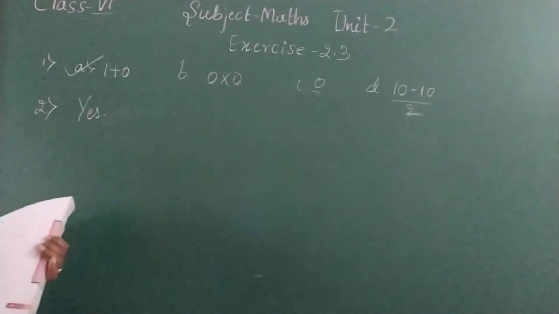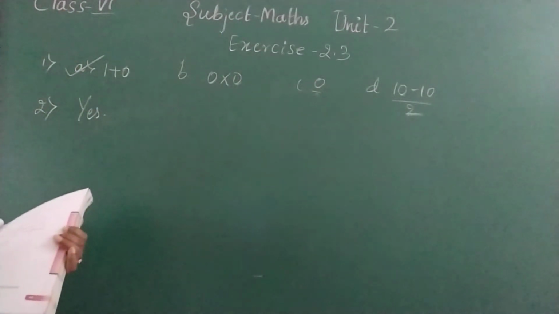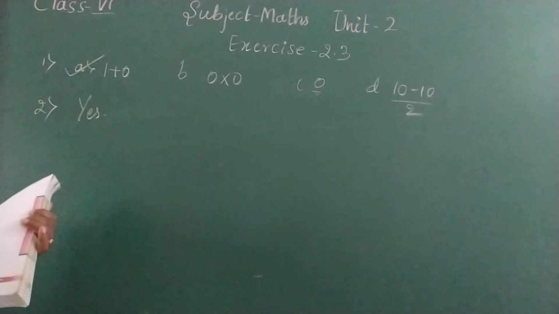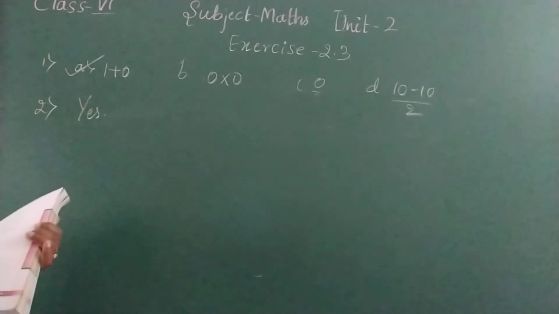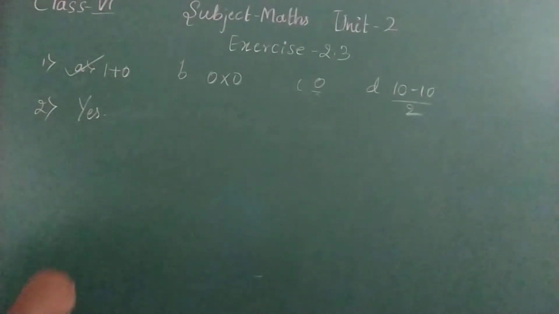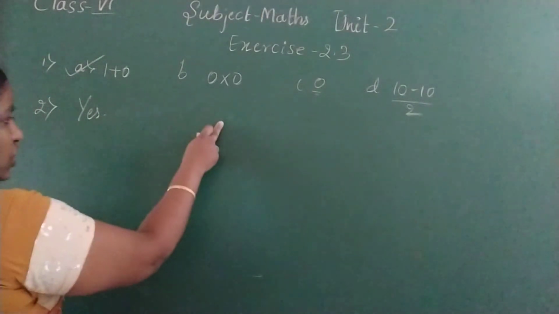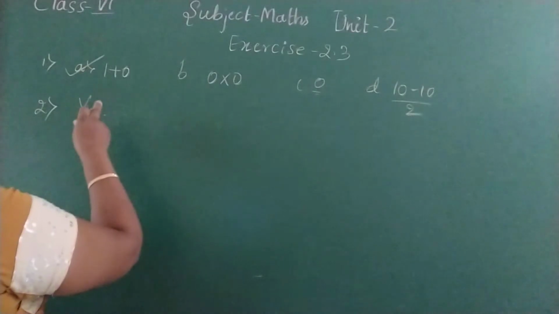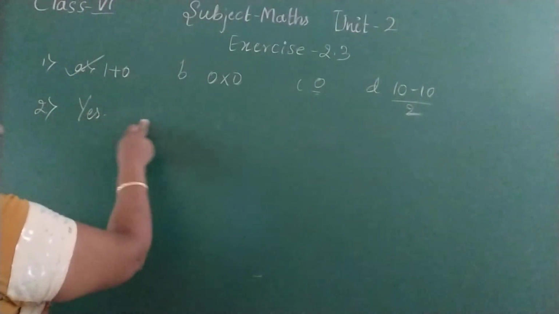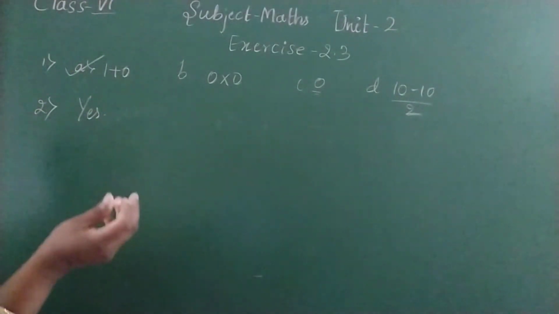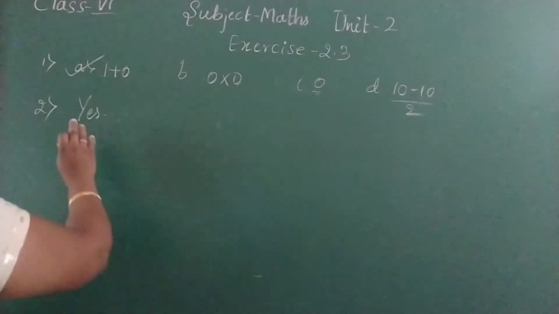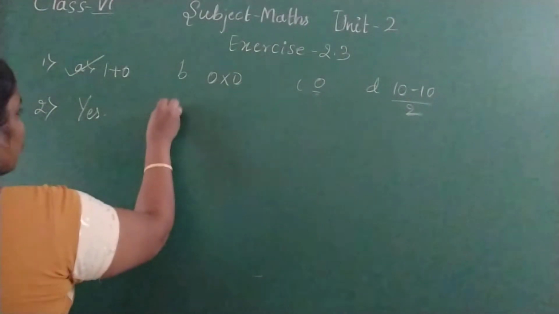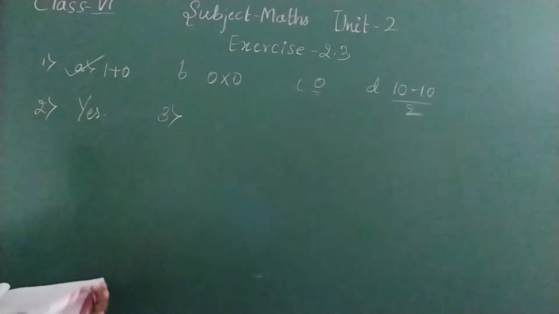Because if the product of two whole numbers is 0, can we say that one or both of them will be 0? Justify through example. So if the product is 0, then either both may be 0 or any one may be 0. So the statement is correct. So that is yes. Third one,